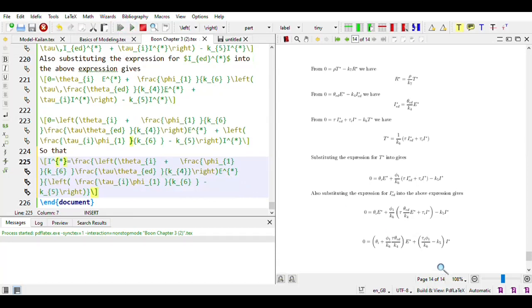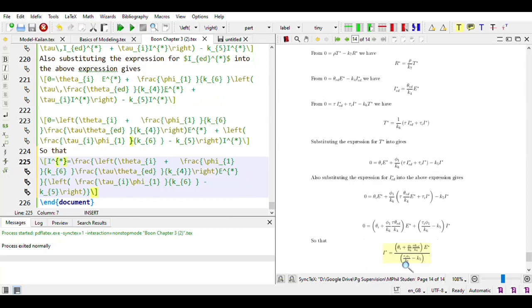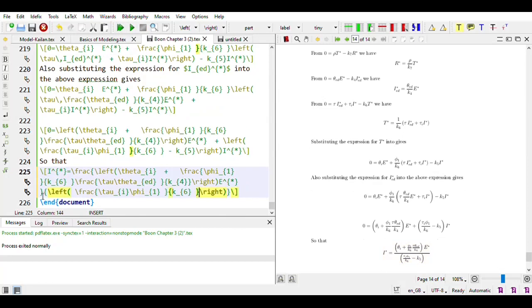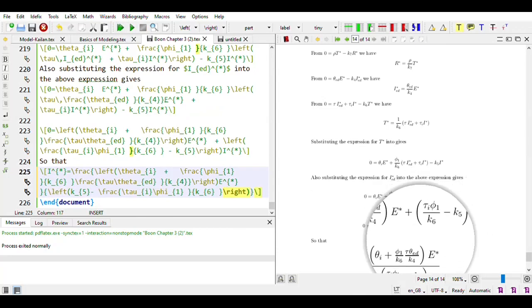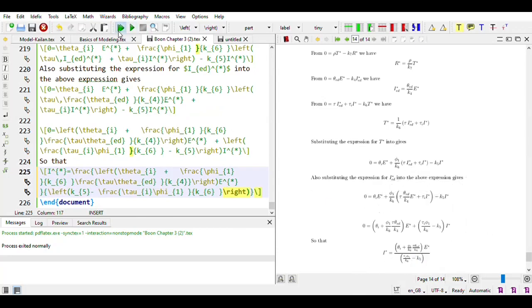We are taking this to the other side, and then we're going to have k5 minus whatever we have. Because we're taking this to the other side of the equation, it then becomes negative. That's going to give us k5 minus whatever is here. That's why we would have to write it